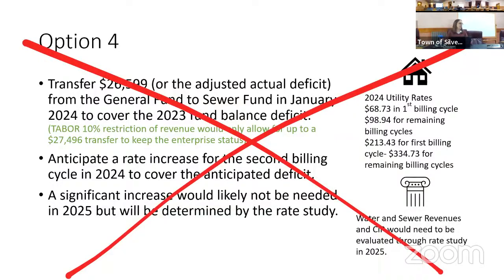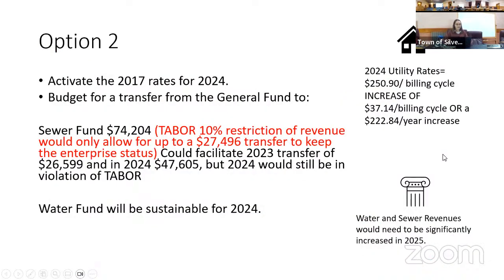Option 4 was increasing the rates to cover the full deficit, but without knowing what our new rate study will come out as, she recommended not doing that, because we could be unnecessarily increasing rates. So that leaves us with option 2, and then I have an option 2A and an option 2B. I just want to put these out there, and feel free to interject if you want to talk about the policy as we go through this, but I just wanted to give you this framework first.